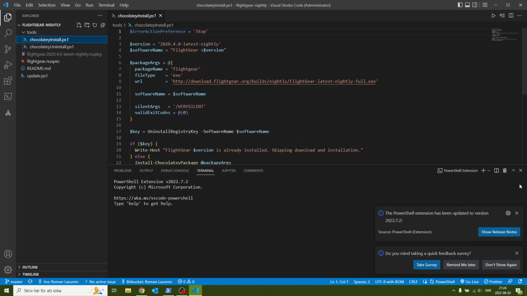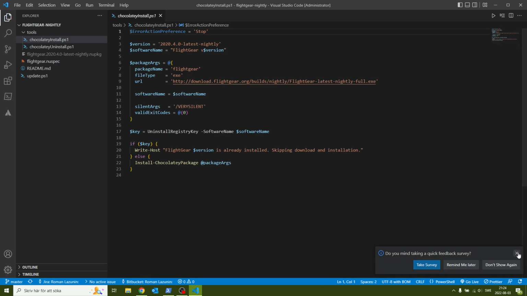So I did here in Chocolatey install, I changed the URL to this latest nightly,